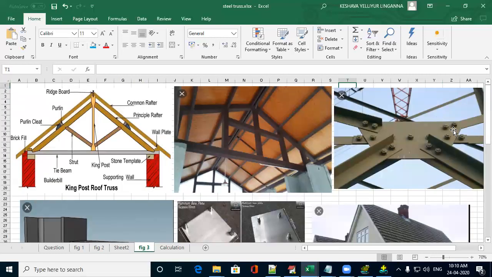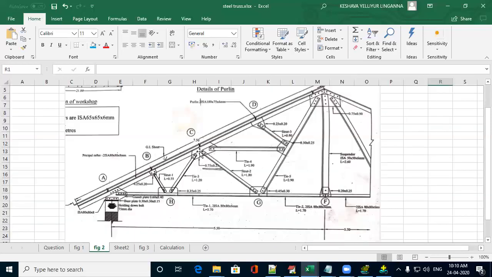This is a gusset plate. You can see this is of different shape. This is of trapezoidal shape, but in our diagram it is of different shapes. Usually the gusset plate will be like this only. But you can see that the gusset plate dimensions are given with only two dimensions, just like a rectangle. But in actual, the gusset plate is of different shape other than rectangle.